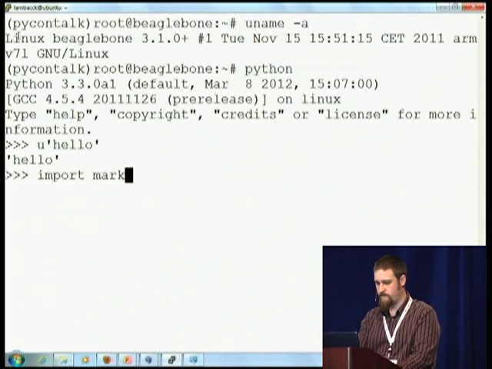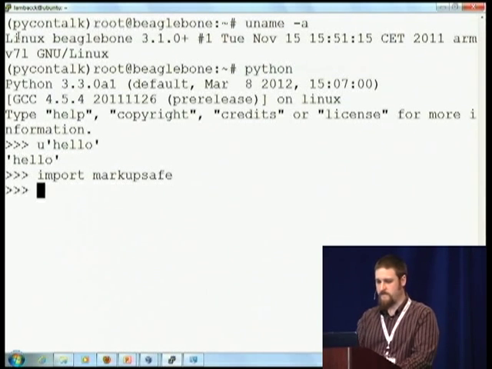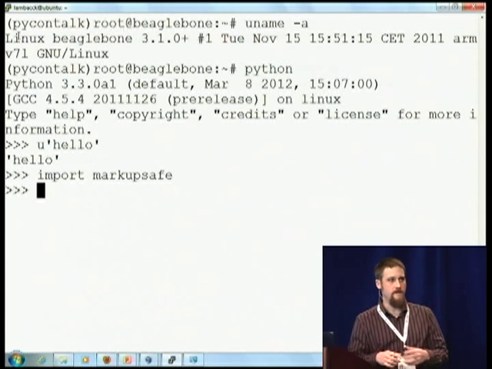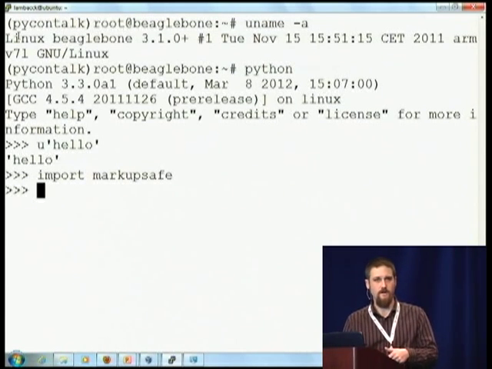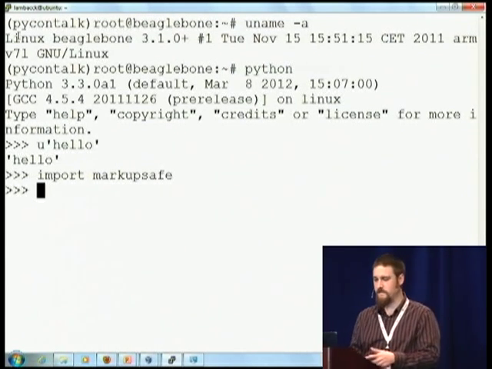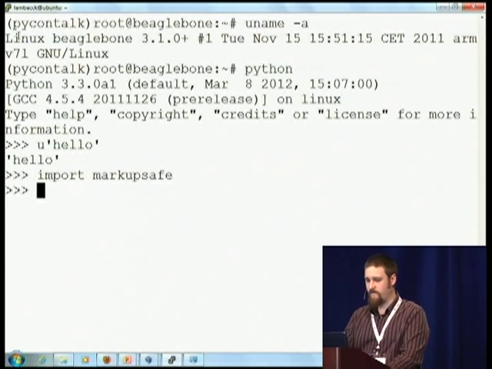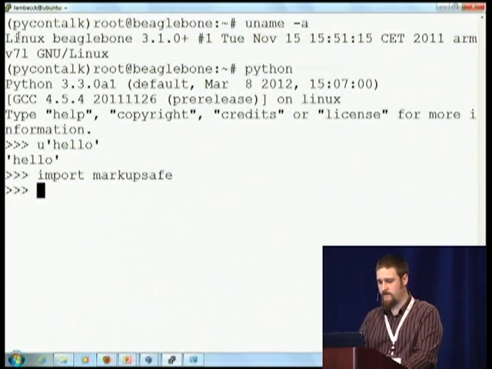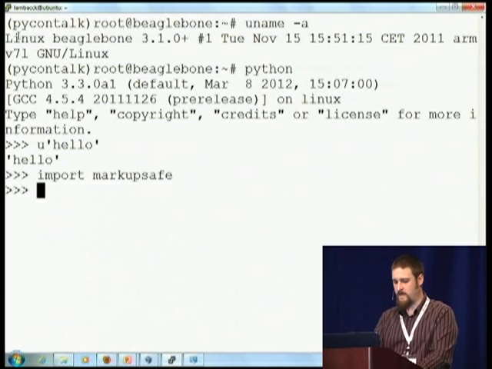I'm going to import markupsafe. I'm also a web guy, so when I think of things that I want to put on an embedded system, I think about web things, and markupsafe is a web thing. And part of markupsafe is an optional speedups module.